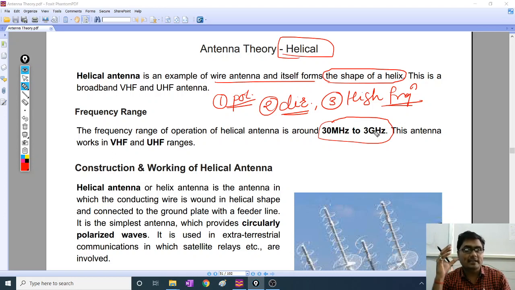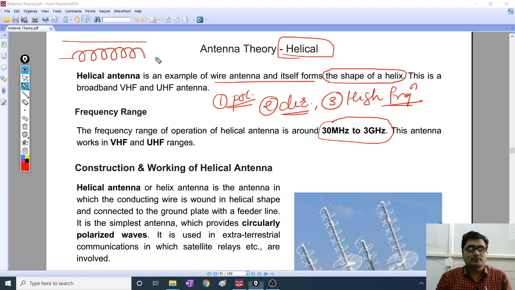Here we'll talk about a helical antenna which is formed using a wire only, a single wire. Is it? Take this antenna as a single wire. Consider another antenna or take the same wire and wound it around a conductor or a rod. Remove the rod, you will get a helix or helical antenna. Right? As the frequency is very large, it is used in VHF and UHF ranges.